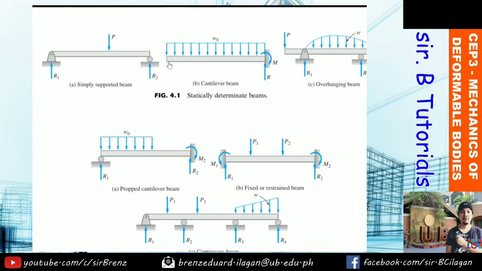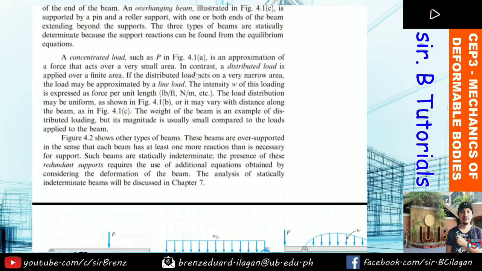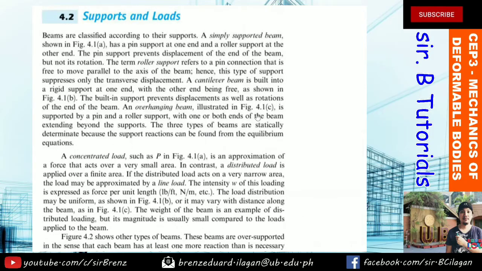Cantilever, yung isang end niya is overhang or walang support. This is suspended at the other end. Okay? And last will be 4.1c or the overhang beam. So from the term itself, overhang, so meron siyang portion na nakalawit. Okay? So basahin natin. So an overhang beam illustrated in figure 4.1c is supported by a pin and a roller